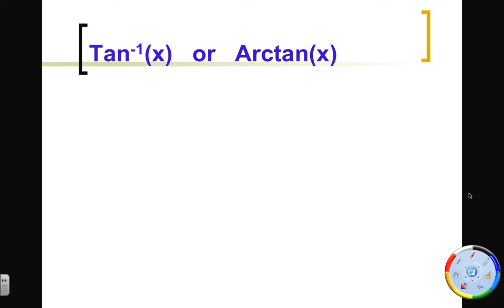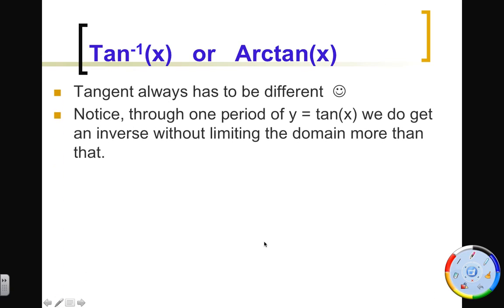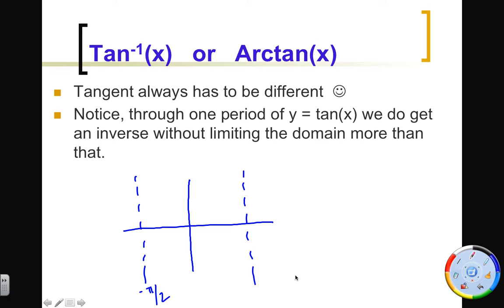All right, last one. Tan inverse is actually a pretty simple one, even though it has to be different. You'll notice here, if we were to graph tangent of x, I have an asymptote, and I have an asymptote. And you remember we're just graphing one period. We don't have to deal with all the periods here, but if I graph one period, negative pi halves to pi halves,